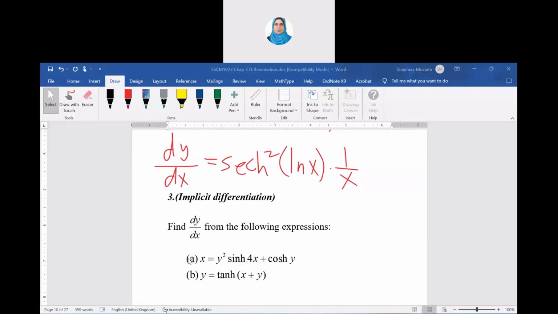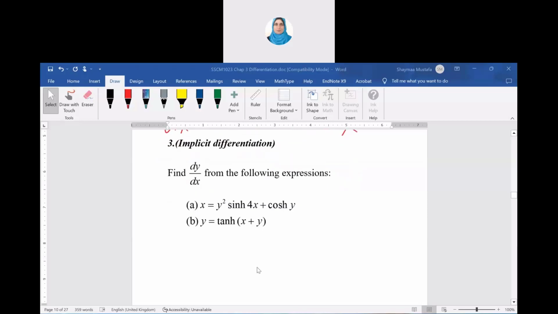I cannot separate x from y. So in this case, how can we find dy over dx? We need to go for what we call implicit derivative. Same here, I couldn't separate y from x because we have x plus y inside the parentheses, so you cannot separate. So you have to go for the implicit derivative. Okay, if we start from the first one,